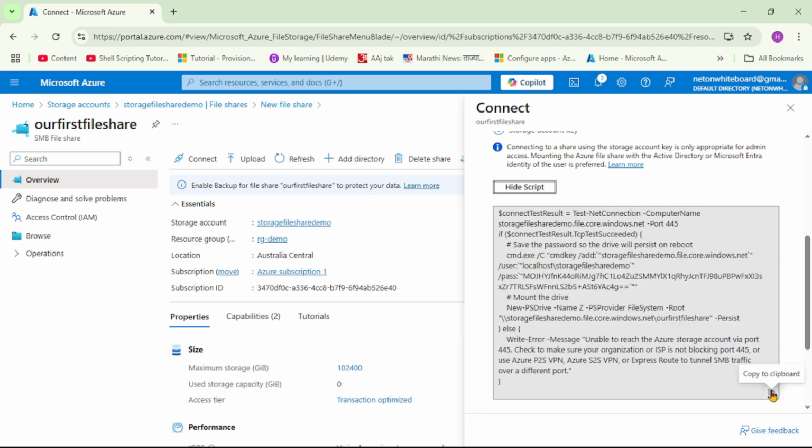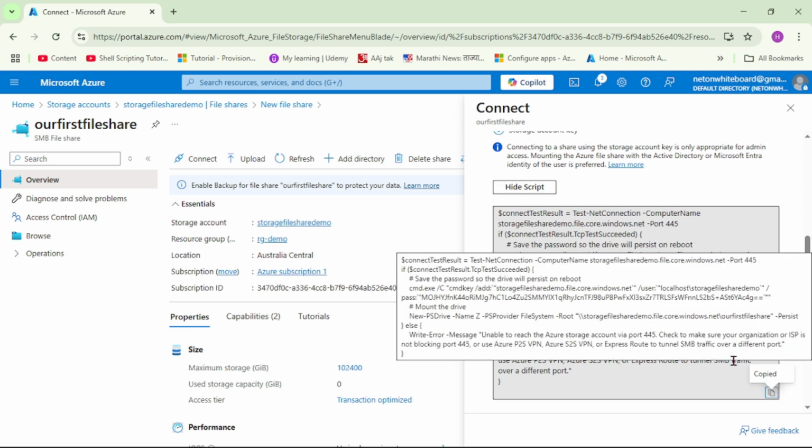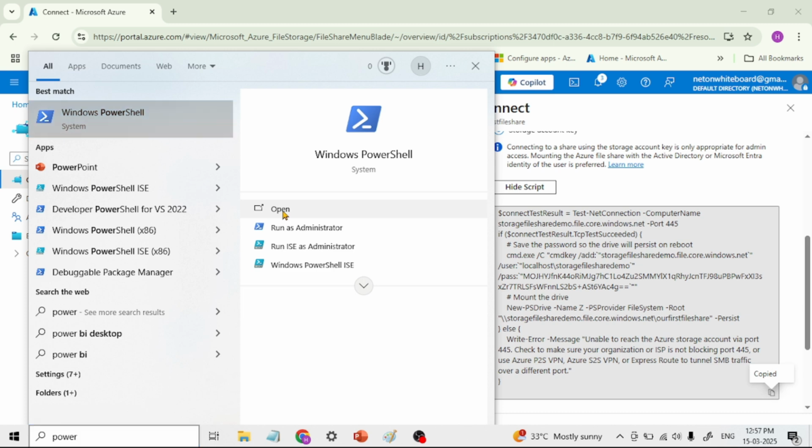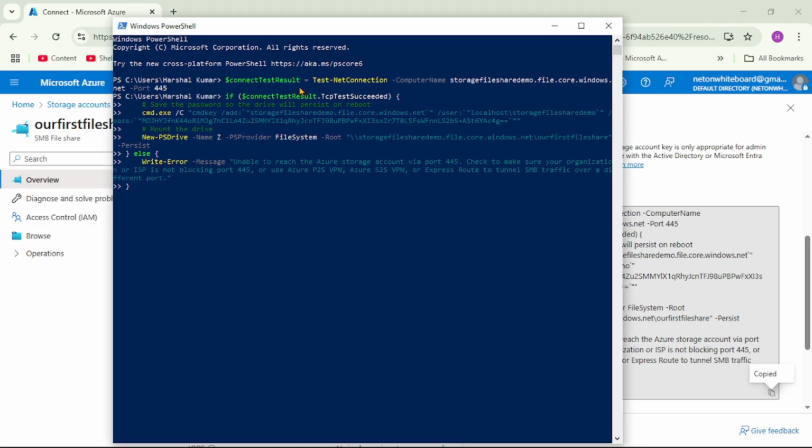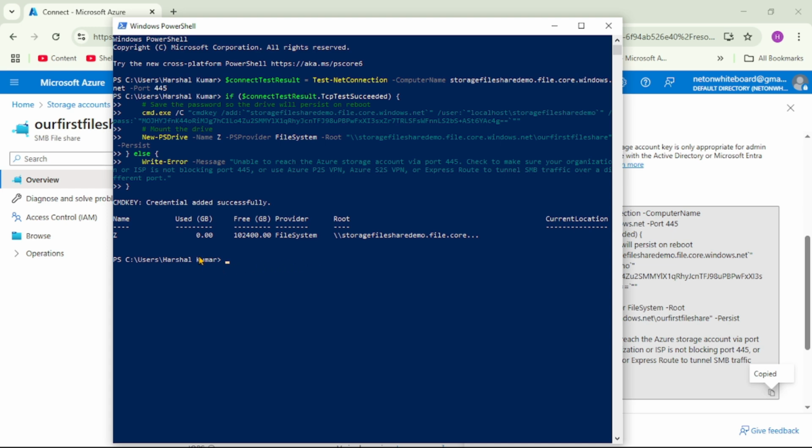So let's actually copy this and let's open PowerShell and let's simply paste it and let's say enter. And you see it says credential added successfully. So this file share, see this storage file share demo, it has been added successfully. And let's cross check. So let's open File Explorer